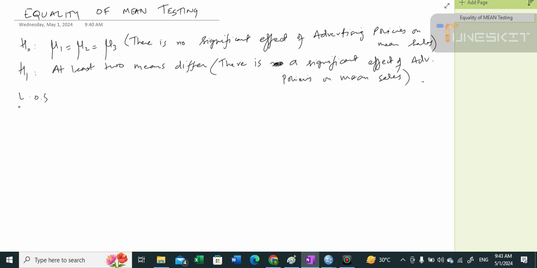Level of significance alpha equals 0.05. In the question it is given as 0.01, so we can take it as 0.01 instead. Test statistic is F, that you can see in this table. The ANOVA table is computing F, that is based upon mean squared between groups, mean squared within groups, that we